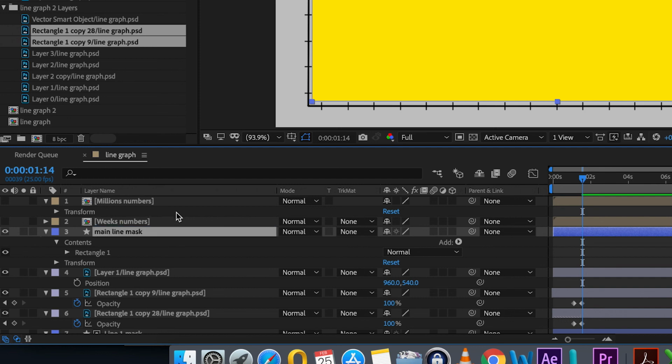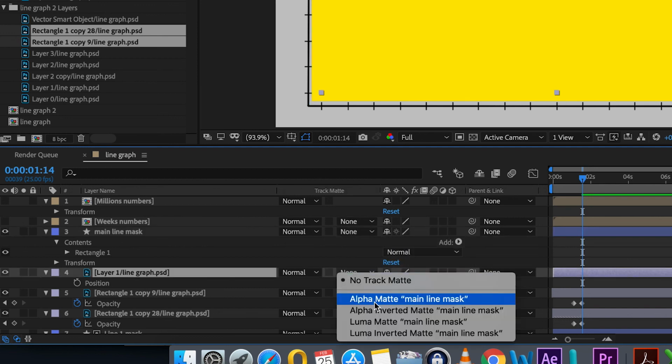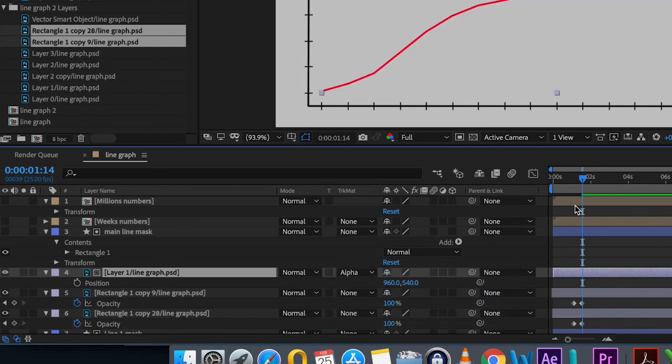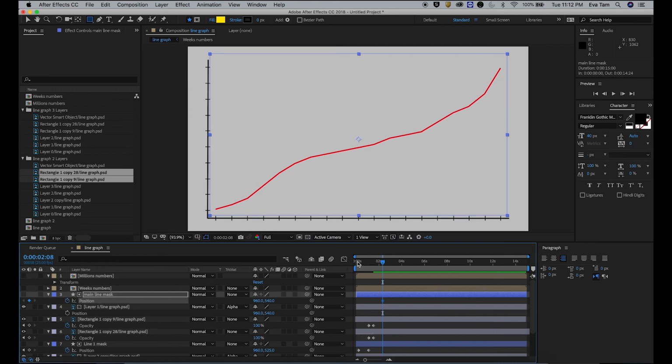Okay. I'm going to go to my track matte here again. Track matte is main line mask. Okay. And what I'm going to do is I'm going to position. I'm going to click on the line mask. P for position, right? I'm going to go back here. I'm going to move this.